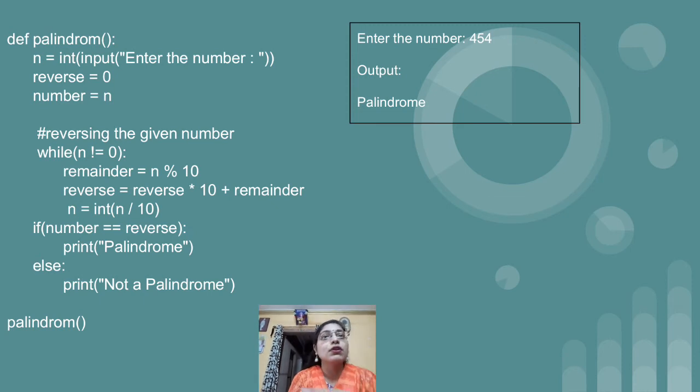So the same logic which we have already done, I have only changed the name of the variable, otherwise the entire logic is the same, and we have just added if else. And previously I told you that you can write n greater than 0 as a condition for while, and if you don't want to write that particular condition, then you can write n not equal to 0.